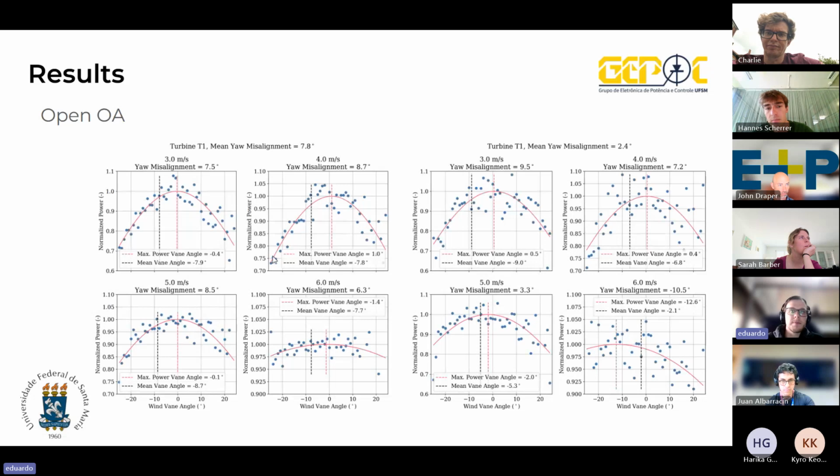Here I have the plot of after the yaw offset, and then the before yaw offset, and then after the yaw offset. What we conclude about the OpenOA, not only for this challenge but also on other data sets where we have applied it, is that it's a little bit sensitive to the parameters. So if we change the wind speed range or the wind speed range bins and any other parameter it has, the results may change a little bit.